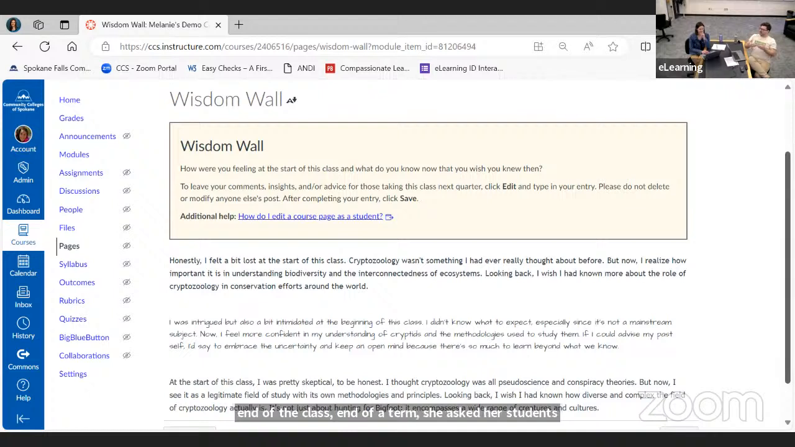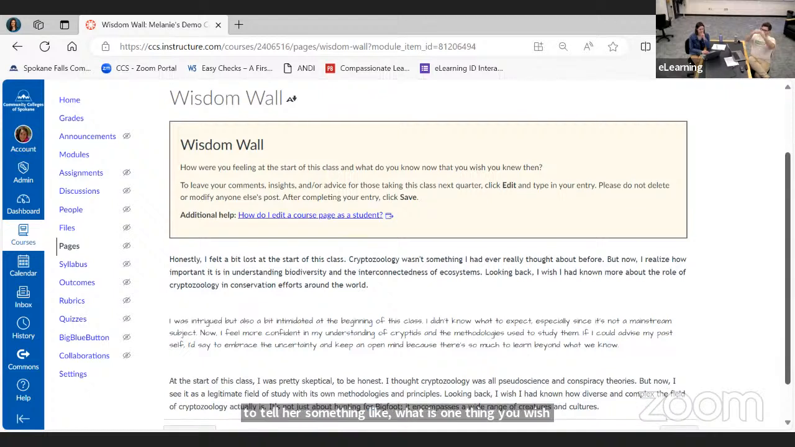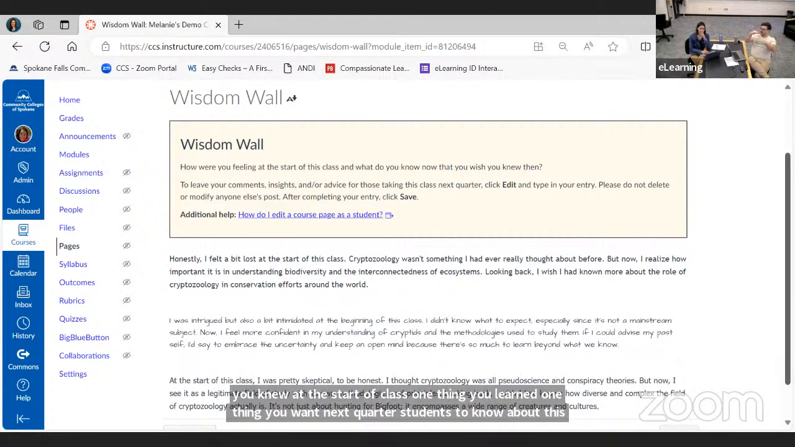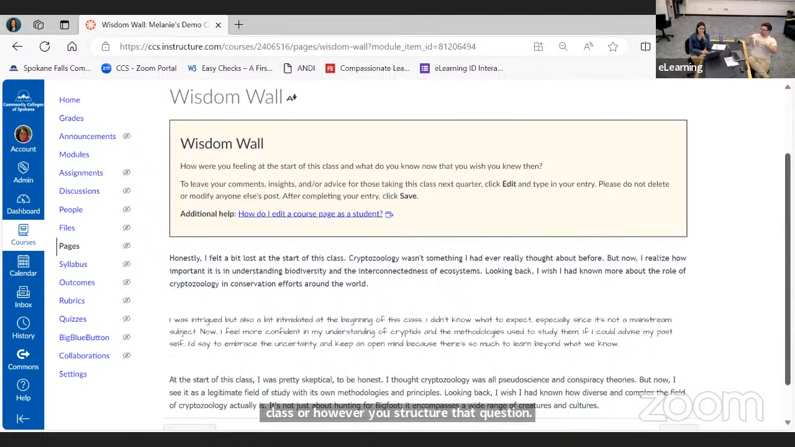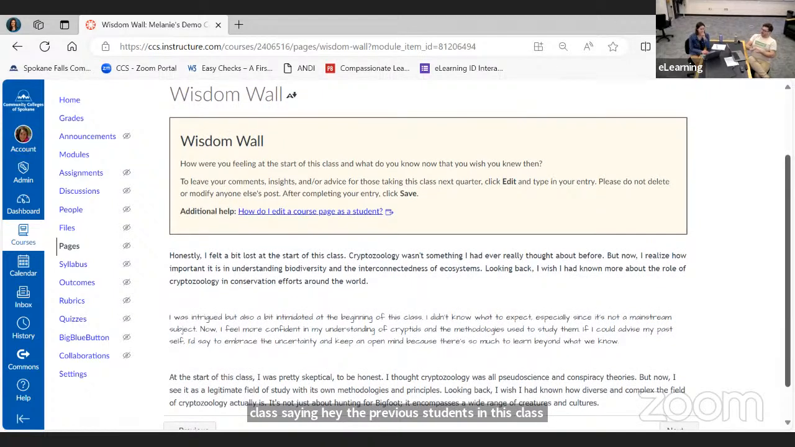And then she curates them into what she calls a wisdom wall, which is a document or a page showing each of those students' comments. And then that's what you share with the following quarter's students at the start of the class, saying, hey, the previous students in this class, they've given something to you. This is their gift from them to you. What they wish they had known at the start of the class, they're giving it to you and giving you